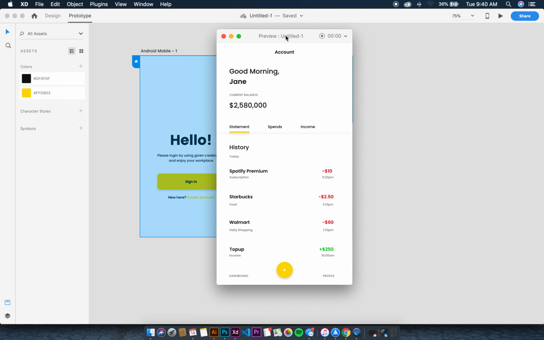That way you see that when you click on sign in, it goes left, right? So that's literally